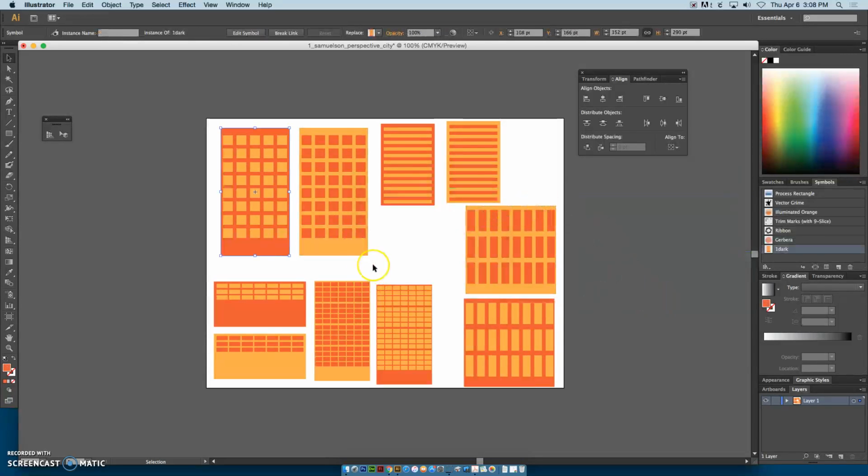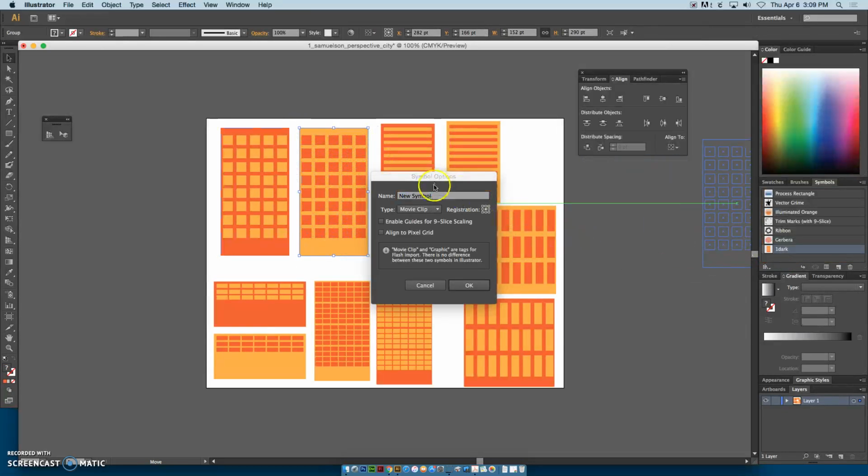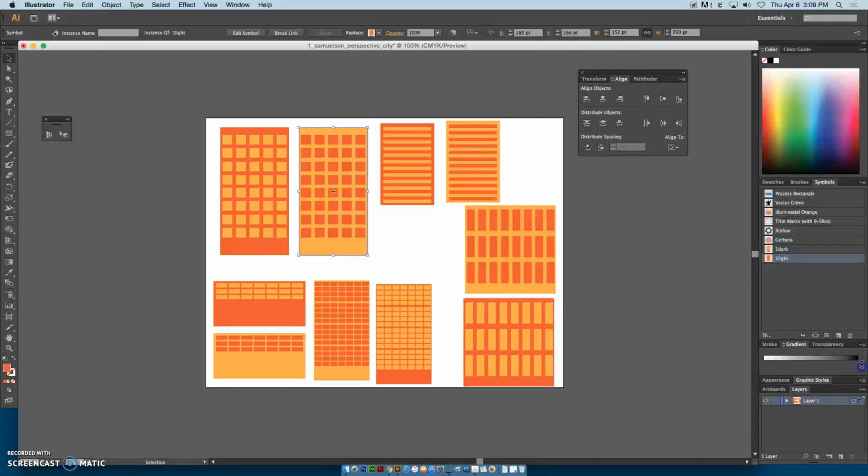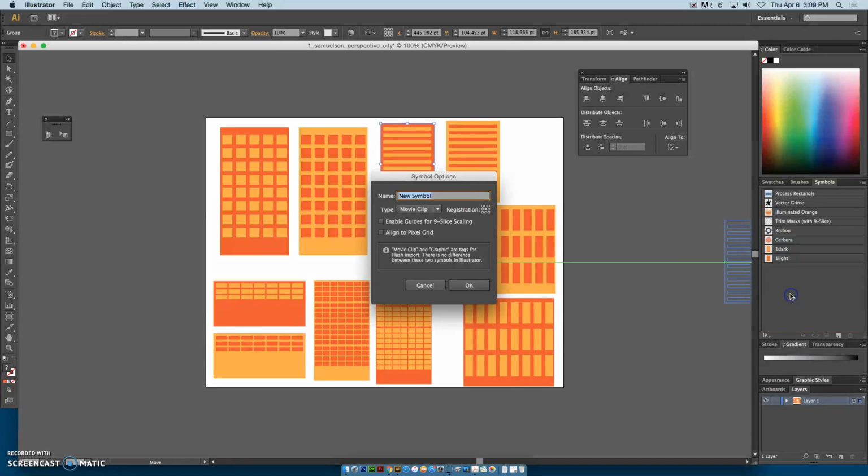Then I'm going to do the same thing for the second. I'm going to select all of it, group it, drag it over, and this is going to be 1 light. And again, it is a graphic, and click OK. And you can see them popping up here. Now, I am going to drag this down so that I can see or have more room. Here I have building 2. I'm grouping it, dragging it over to dark,